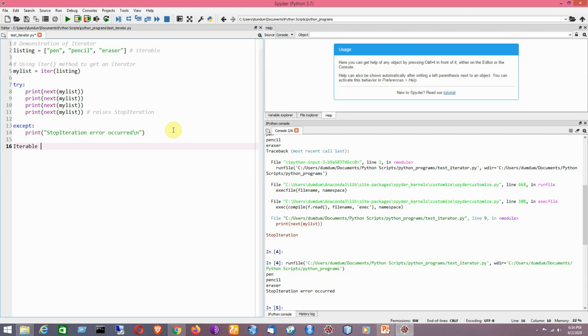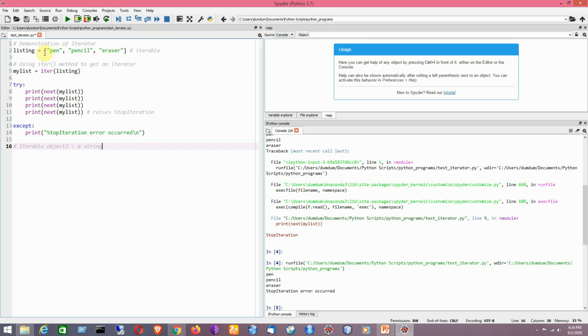So first I write it, then I will make it a comment, because iterable object 2. Okay, so basically it's a string.